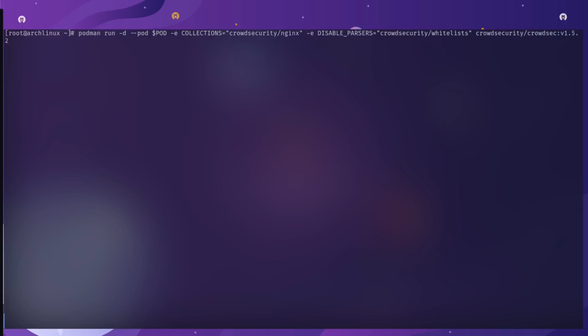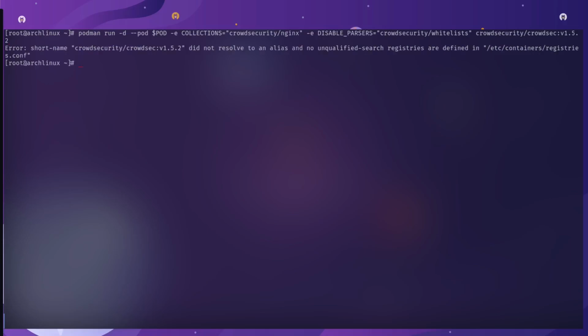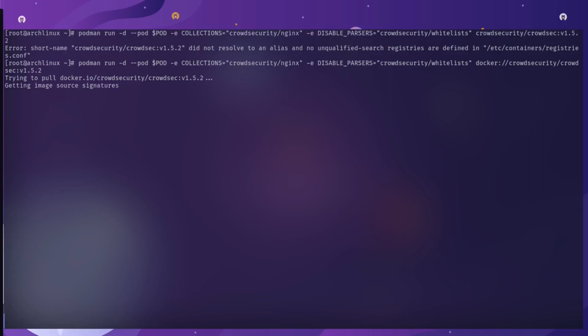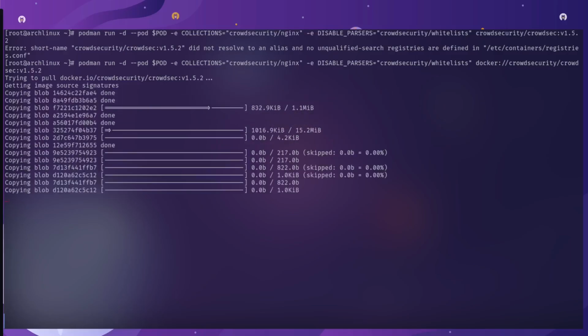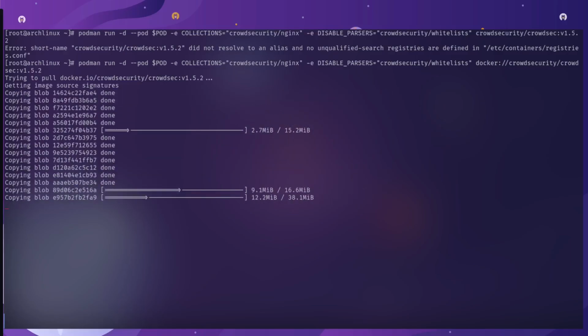Upon clicking enter, I do realize that I made an error, so I have to go back and fix this because I didn't set a default registry. So to fix this in my version, I had to do docker:// to define that it needs to go to the Docker registry to find this container. Once the container is deployed, we will just need to